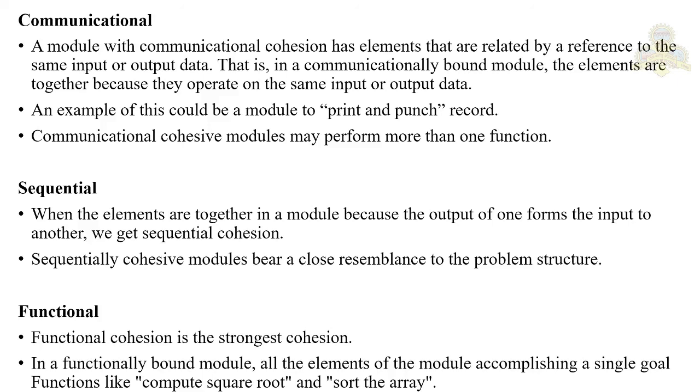So we have seen all these levels of cohesion. How does one determine the cohesion level of a module? How can we say that there is sequential cohesion in a module or something like that? There is no formula to judge this one. You have to use your judgment. A useful technique for determining if a module has functional cohesion or not is to write a sentence that describes that function fully and accurately. Modules with functional cohesion can always be described by simple sentences. If you cannot describe it using a simple sentence, then we will consider that it is not functional cohesion.